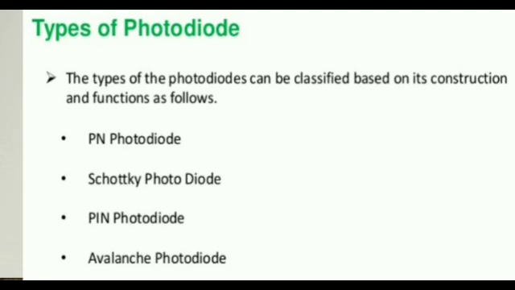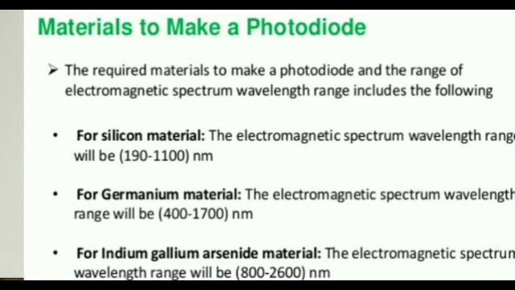Now, the material to make a photodiode. Listen carefully. The required materials to make a photodiode and the range of electromagnetic spectrum wavelength include the following. The electromagnetic spectrum range is very important to make a photodiode, right? For silicon material, the electromagnetic spectrum wavelength range will be